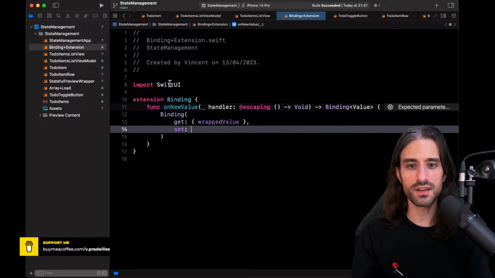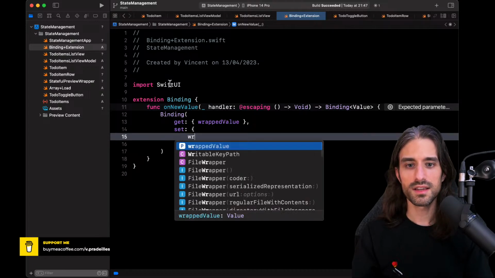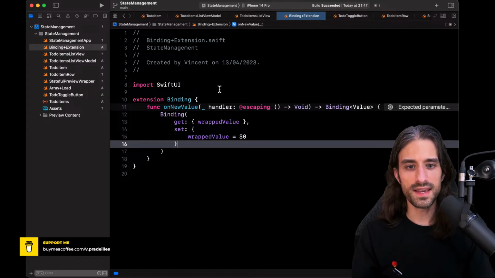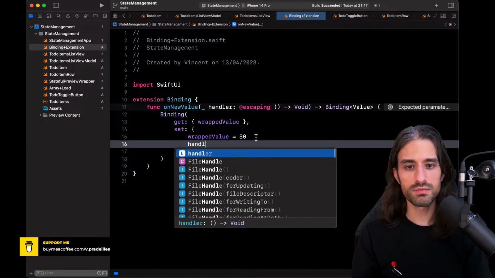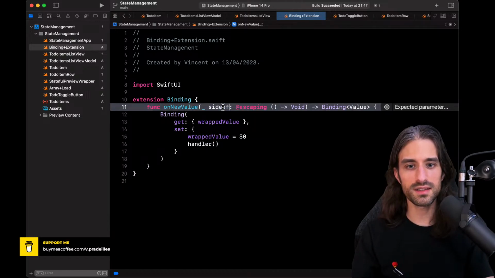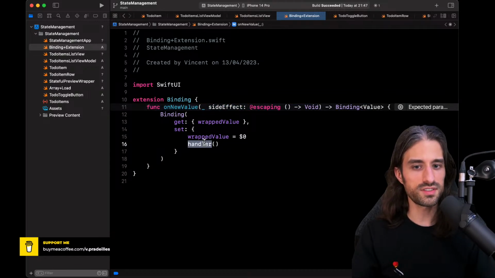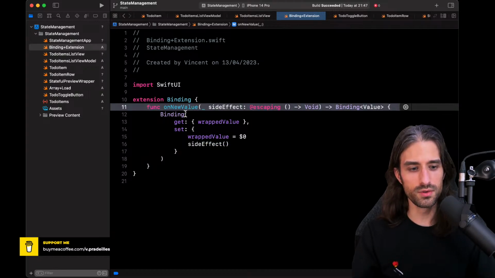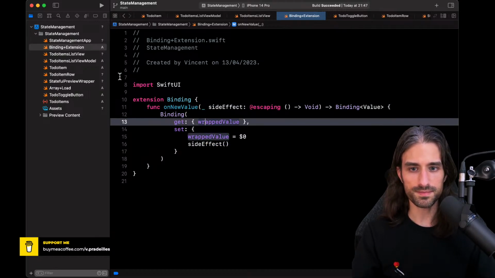And for the setter, it will update the wrapped value, and then it will also call the handler, or rather, I will rename it sideEffect, because the goal is to implement a side effect that should be triggered when a new value has been set to the binding.